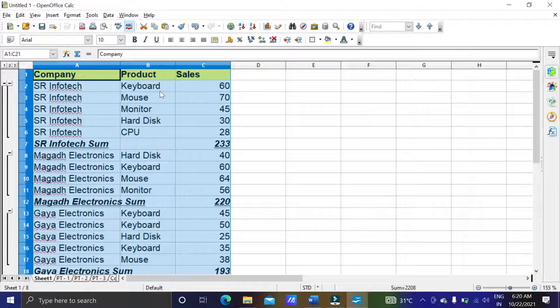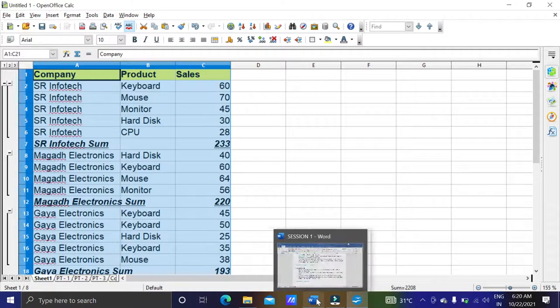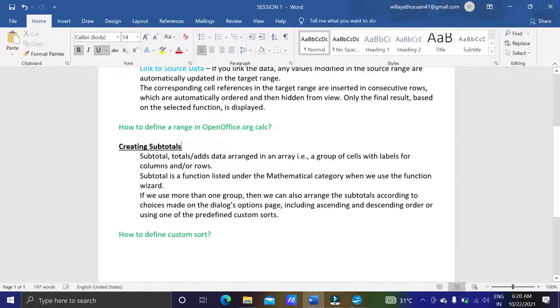So okay, so it's in the descending order. Previously first should be CPU, but now it is in descending order, right? Likewise we have arranged it.